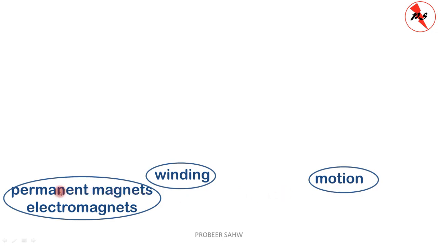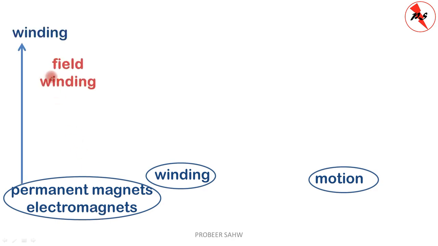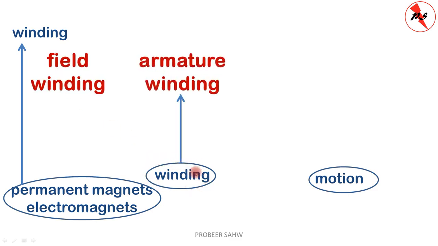Most of the times, instead of permanent magnets, we use electromagnets, and to produce electromagnets we set a different set of winding which is called the field winding. And this set of winding is now renamed into armature winding. And the motion is produced in a part of a DC machine which is called the rotor. The function of field winding in DC machine, be it the generator or motor, is to produce the required magnetic field for the operation.